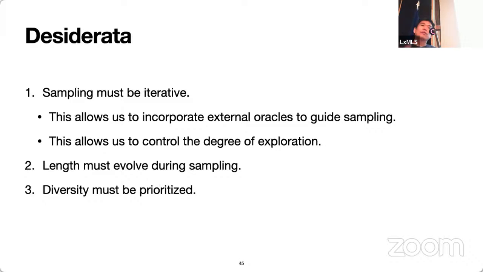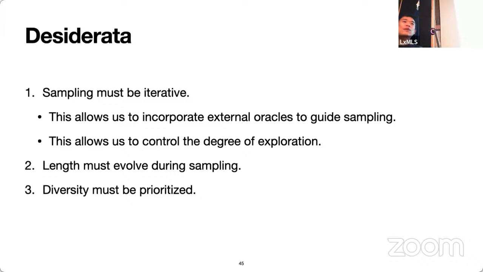One thing is that whenever you run into this kind of new problem domain, you need to think about what are the, let's say, high level but important criteria that your algorithm must satisfy. And they tend to differ from one domain to another. So in the case of computational protein or computational molecular design, one thing that we wanted to ensure was that the sampling had to be iterative. What do I mean by that? We cannot simply ask our model, get me one nice design of protein. We can't really do that.